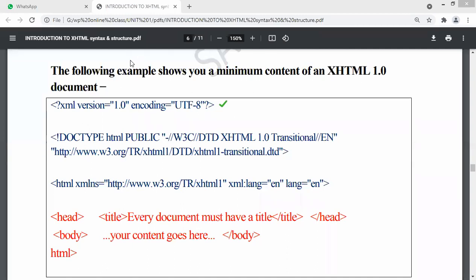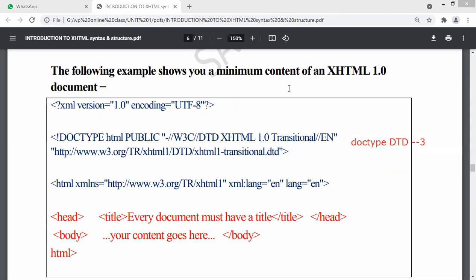What is the second header? The second header is this one, which we saw just now. This is called a doctype declaration, right? So this statement is called the doctype, DTD, document type definition. There are three different forms of DTDs, and the form which we are using is used commonly.